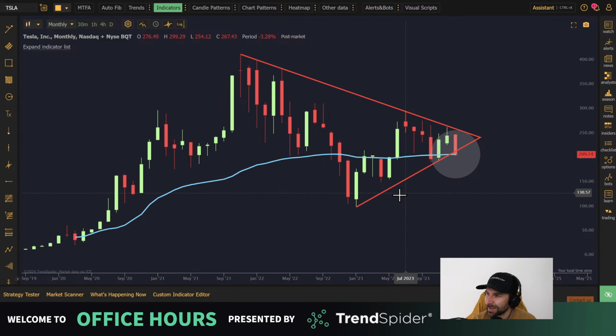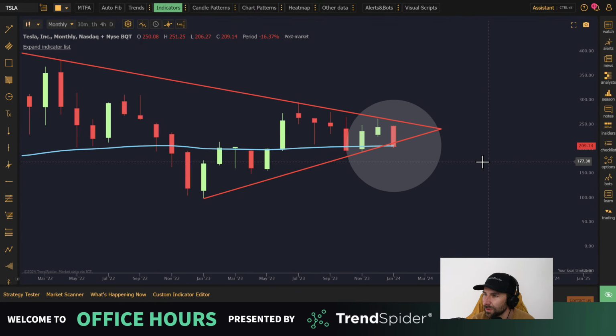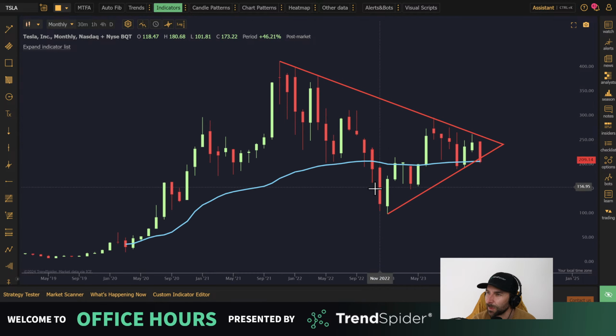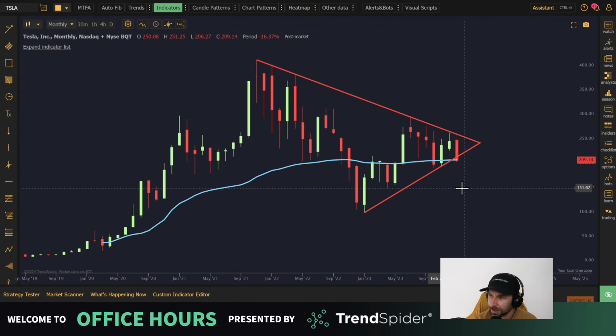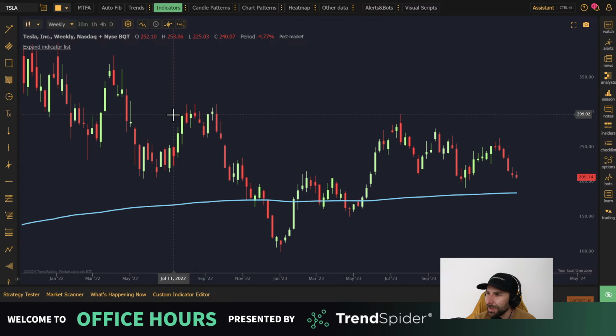They're stuck in this really clean symmetrical triangle, but they are closed. Currently, they are trading below the low of that symmetrical triangle. So a little bit of concern there, but they're trying to hold this anchored VWAP from the COVID lows. It feels like the most important thing on the chart here. If we go to the weekly,